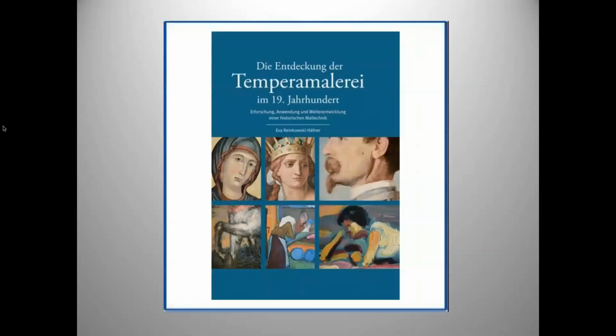There is further information on the composition of both early handmade tempera and German tube paints in Reinkowski-Hevner's The Discovery of Tempera Painting in the 19th Century. An in-depth approach is provided toward describing the development of tempera painting, its history, and the reasons for its revival in Germany. The development of chemical analysis as used in conservation is outlined, including the dates which FTIR and GCMS